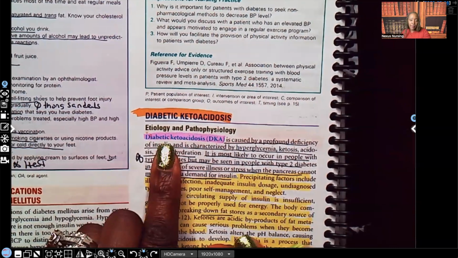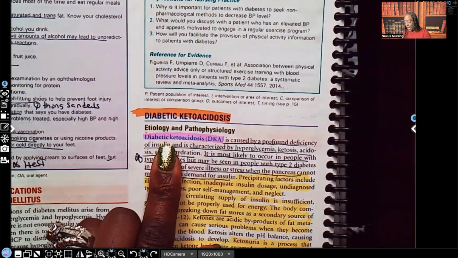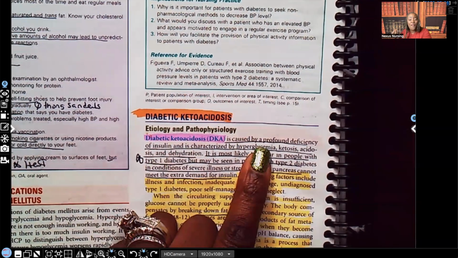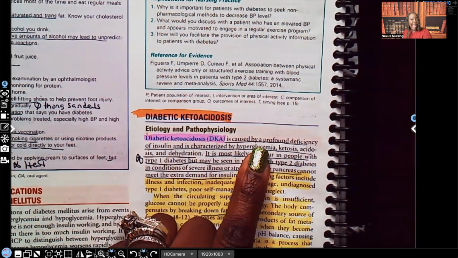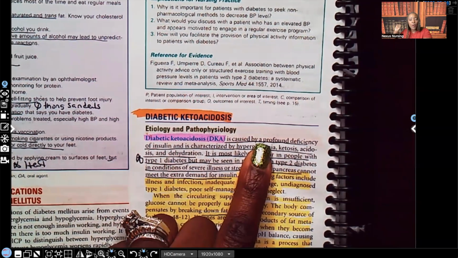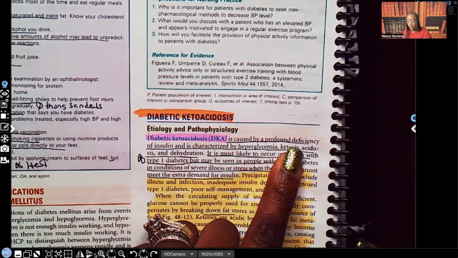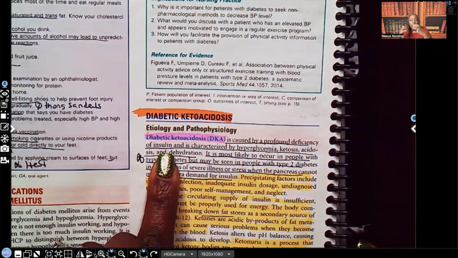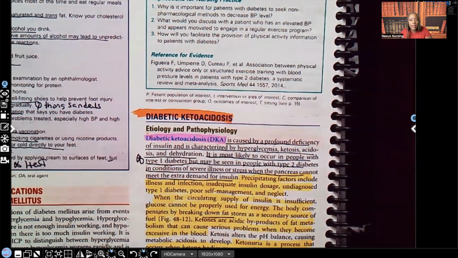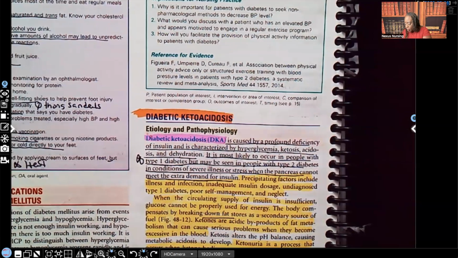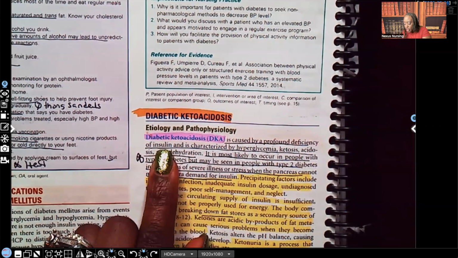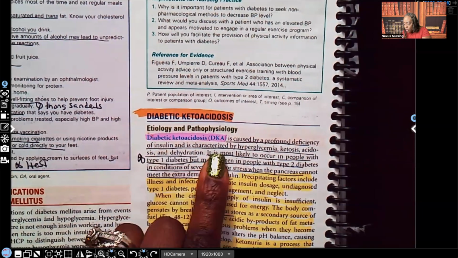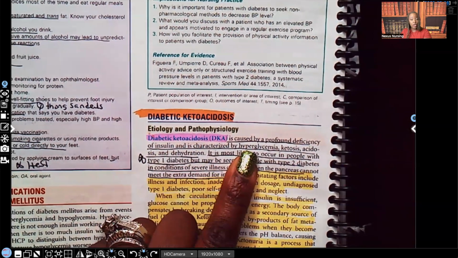It says diabetic ketoacidosis, that's our DKA. It's caused by a profound, that means a whole lot, not a little bit, a whole lot, a profound deficiency of insulin, an extreme deficiency of insulin. So not just, oh, you know, the patient's missing a little bit of insulin. No, that patient's missing a lot of insulin, okay? A profound deficiency of insulin. And it's characterized by hyperglycemia, too much sugar in the blood,